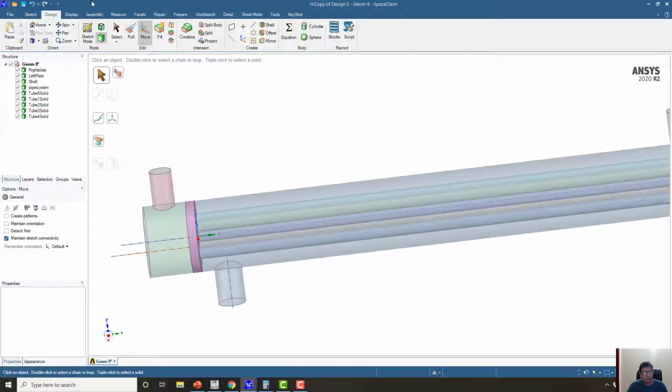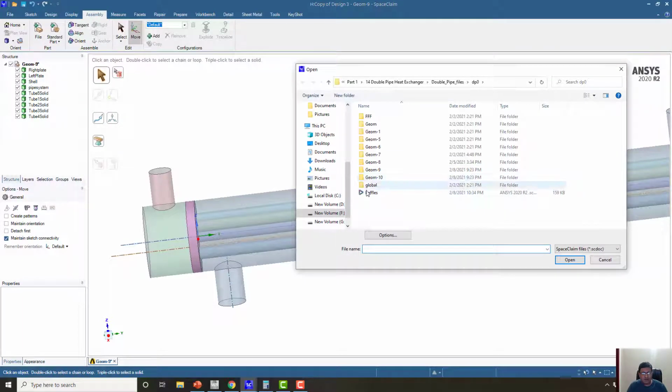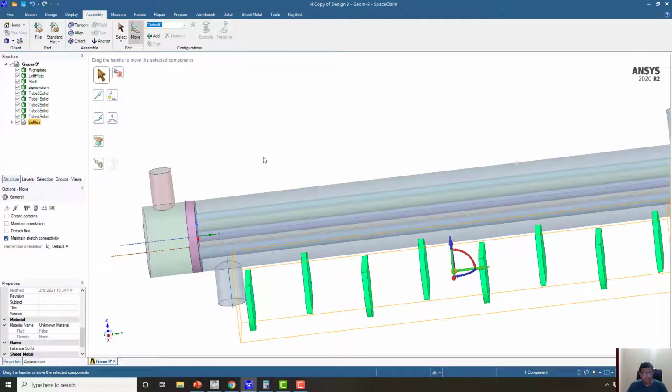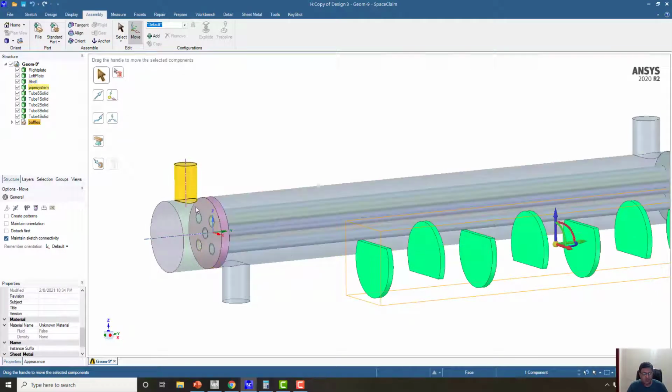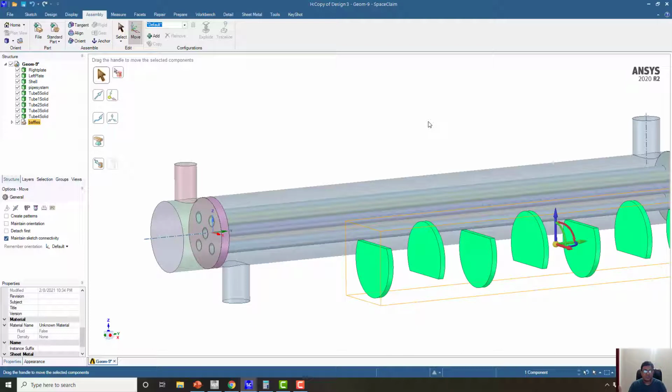So this is the important part here, and now we are going to simply import the file for the baffle. From the assembly menu and then file, choose the baffles file and click on open. This command can be used even for making assemblies. For example, you can have these 3 or 4 different parts, like the shell, the pipe system, thicknesses, and these 2 plates. So you can make them separately and then use the move command, the assembly command,